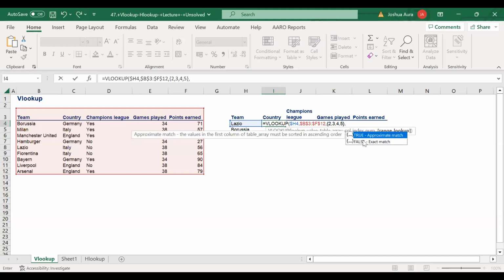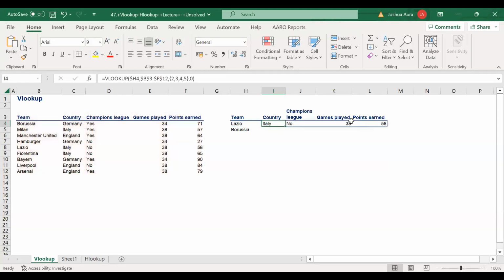I want false. False, I would want you to get used. Whenever you see this, you will simply be saying 0. Always will be saying 0. I don't want any deviation. Right? And then I close the bracket like that. And then I'll do the Control Enter. It gives me everything to the end. And then once you finish, I would want you to come and pull this thing down like that